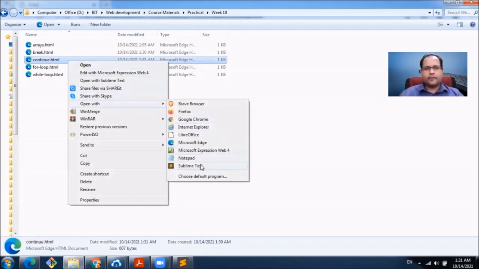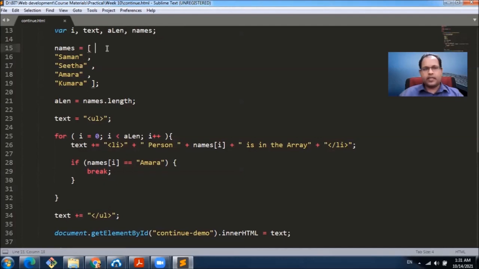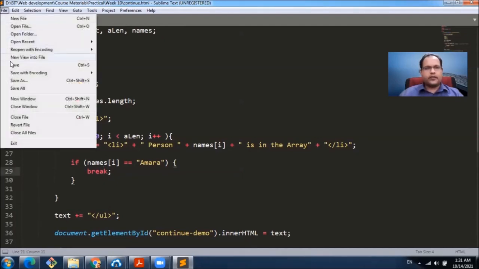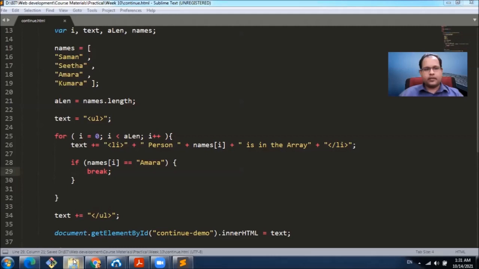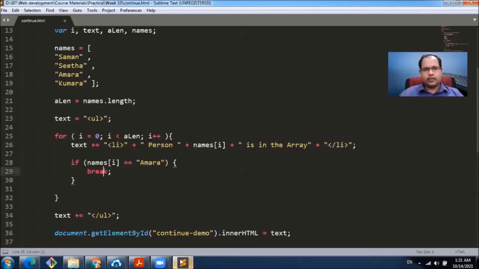Let's open this file. And here also we have the same example that we use for the break. If we run it, it will show Saman, Sita, Amara, all get displayed, but Kumara we can't see in the browser. So let's assume that we don't want to break the loop, but we want to skip one time when the name is Amara.